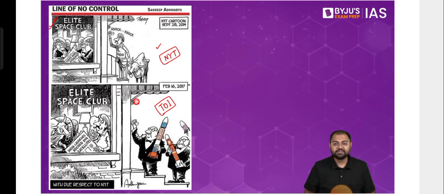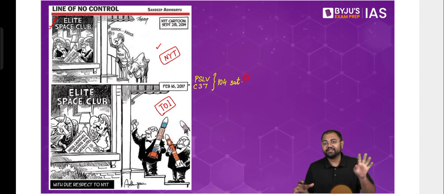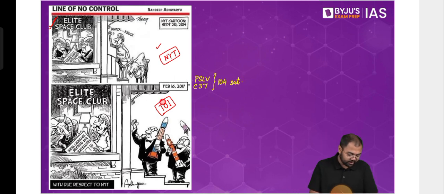And this kind of cartoon being published shows the kind of irresponsible behavior that they have been showcasing all this while. But there was a good reply. This was 2017. If you remember, yesterday we discussed that there was PSLV C-37, where we launched 104 satellites in one single launch. Remember, we discussed that out of 104, there were 103 nano satellites. So this is when Times of India published this, that now India is sitting inside with this record, and all these elite space clubs are knocking at India's door. Because as I told you yesterday also, 95 out of these 104 satellites were US-based satellites. So that also signifies this.